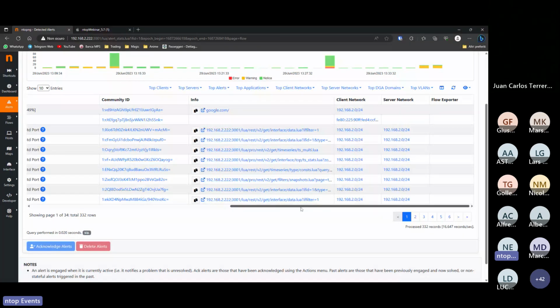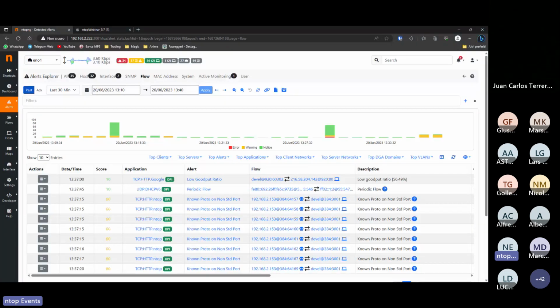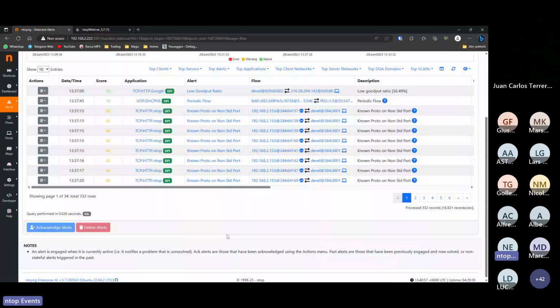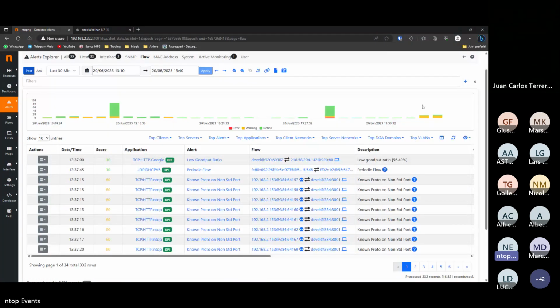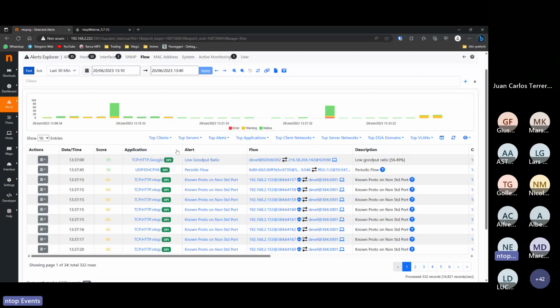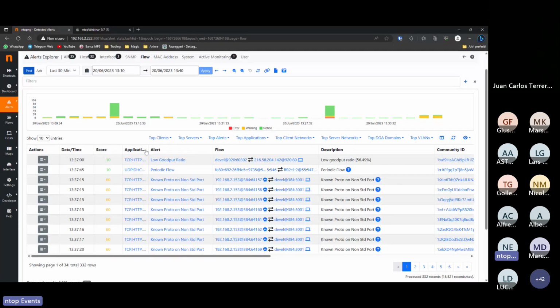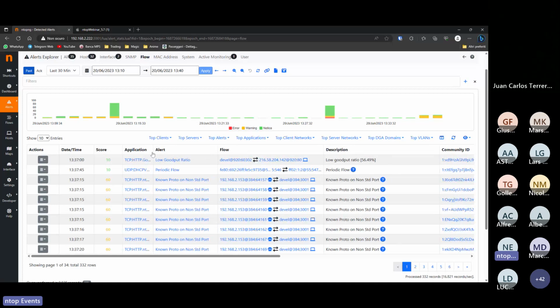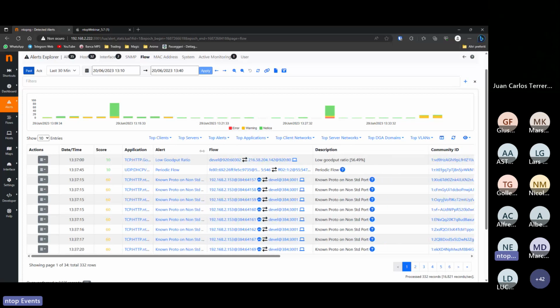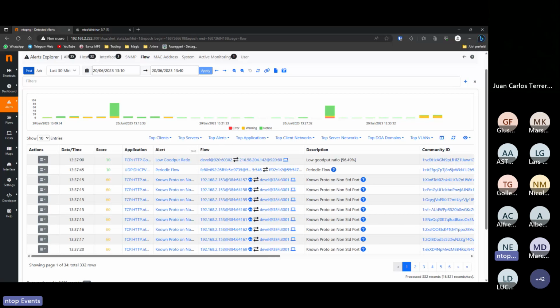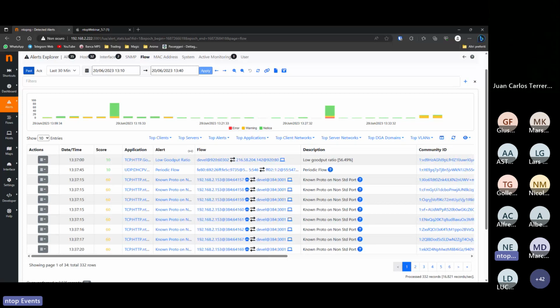Other than that, we improved a lot the loading of the table. As you can see, it is pretty much just loaded. And the most important thing is that we can simply drag and drop and change the length of the columns. This is in order to have a better view of the information we want to display, because in many